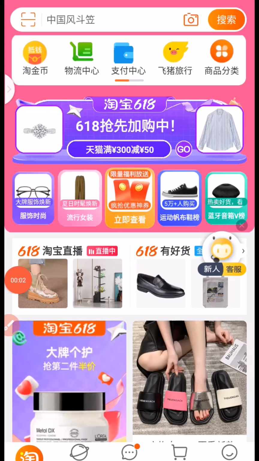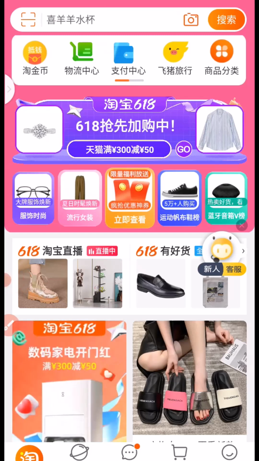In today's Taobao tips and tricks, I'm going to show you how to know your order number on Taobao, step-by-step